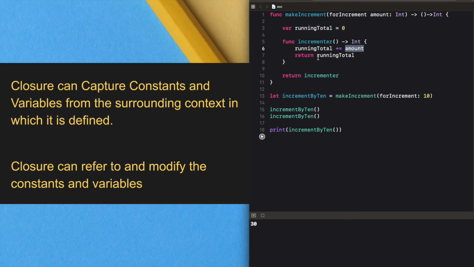So it is capturing the parameter value amount and the variable specified inside the function but outside the scope of the incrementer. This is how it's capturing values.